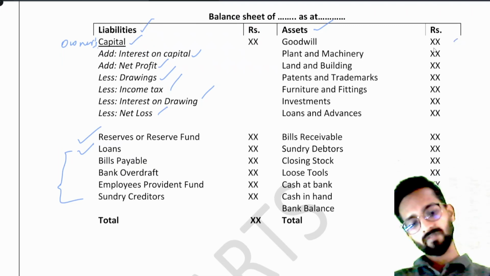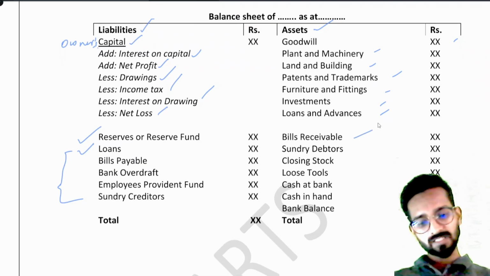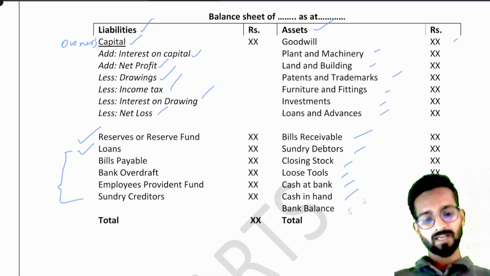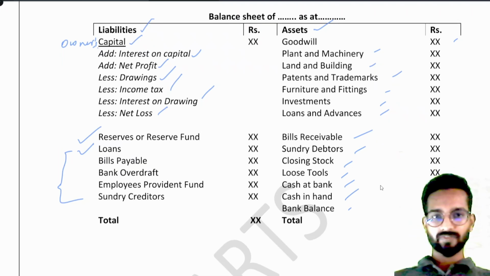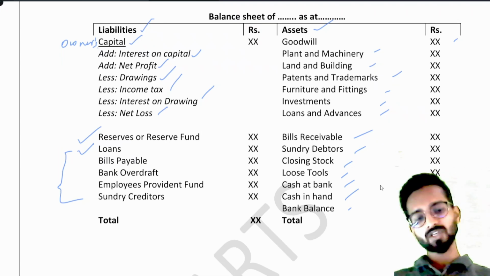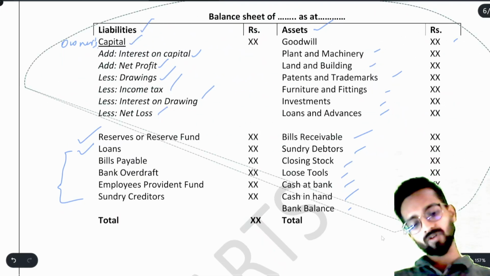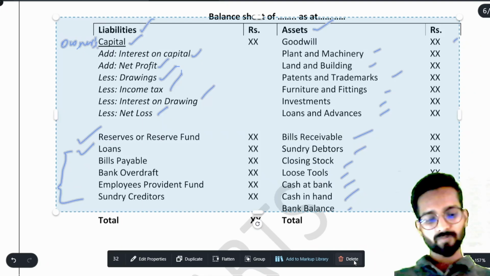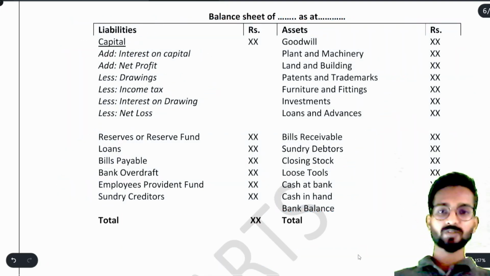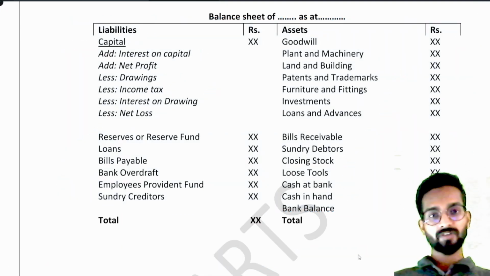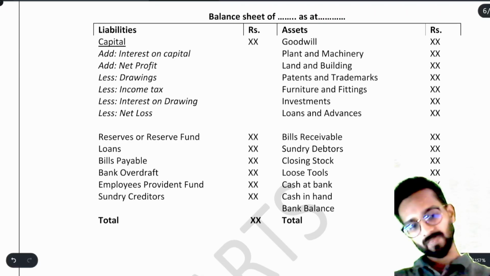Assets are goodwill, plant and machinery, land, patent, furniture, investment, loans and advances, bills receivable, debtors, closing stock, loose tools, cash at bank, cash in hand, bank balance. So these are the list of assets. This is the format of balance sheet. All these items you are already aware of if you have seen my series number 1. If you have not seen that, please read that. Please read fundamentals properly. Only then this video will become important for you. Okay. Now after this,